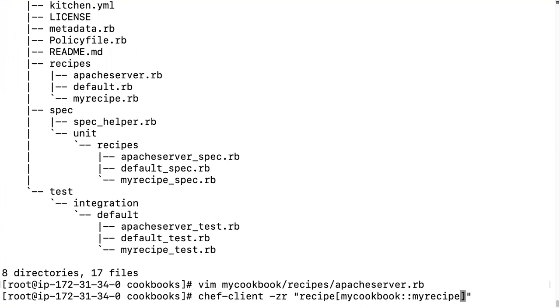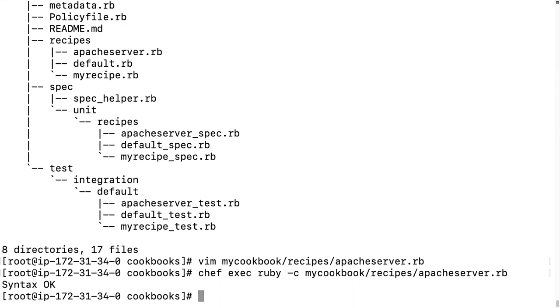So here I update my recipe name, Apache. First, let's check the syntax. It's right or not. So let's check with chef exec ruby, and here I only update my file name, chef server.rb.